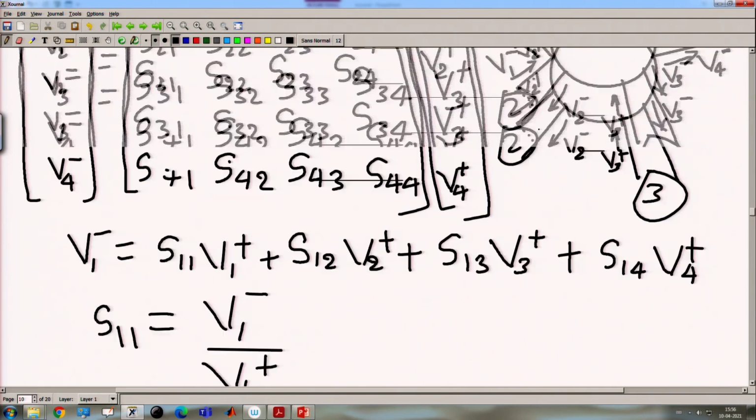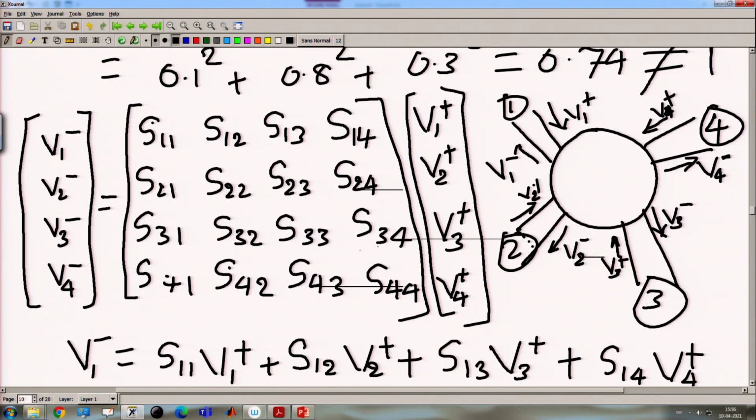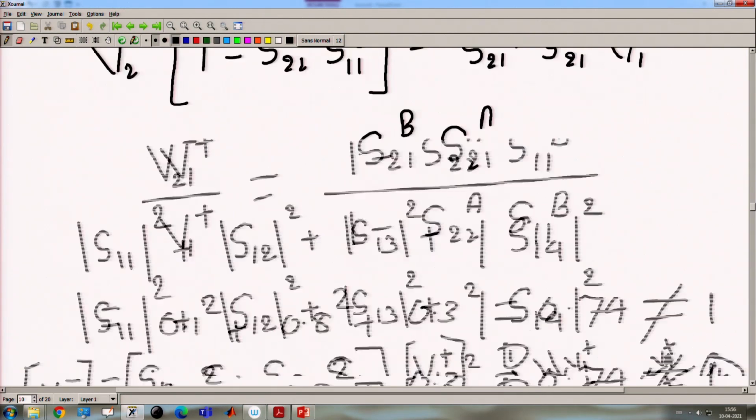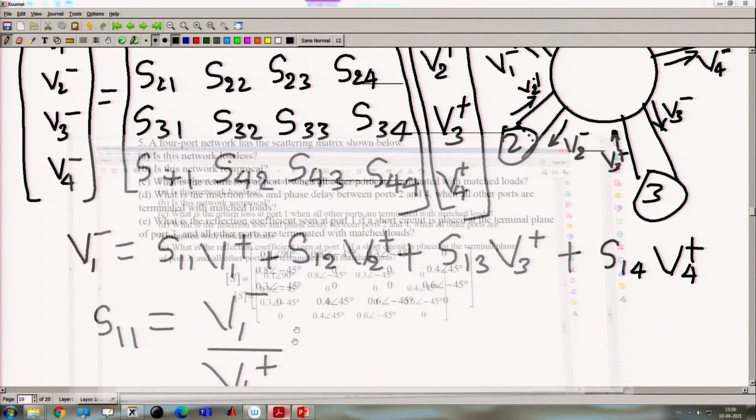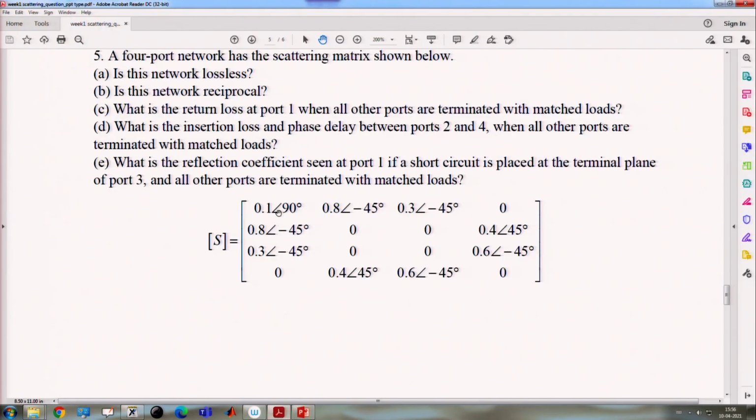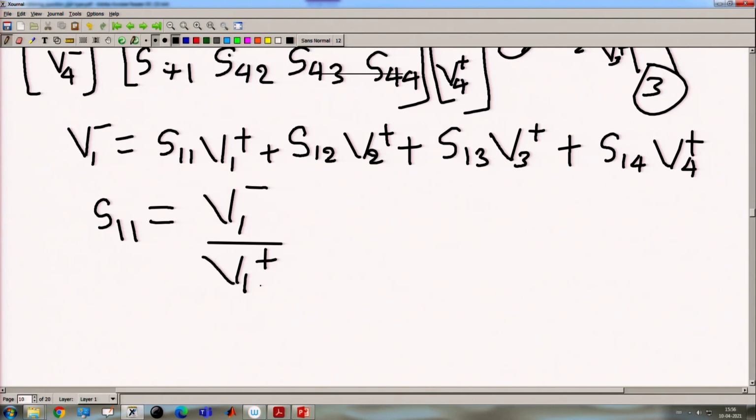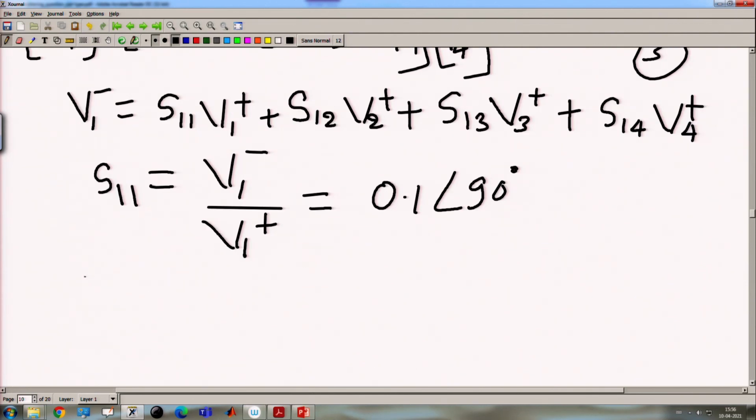So, for that case we have the S matrix, and from the question S11 will equal 0.1 angle 90 degrees. Return loss can be found: